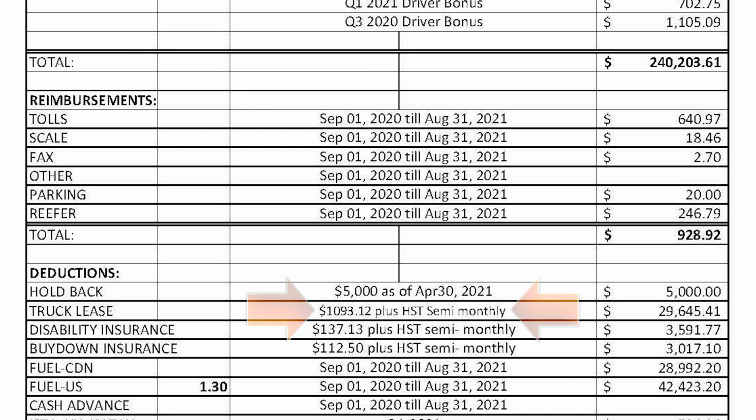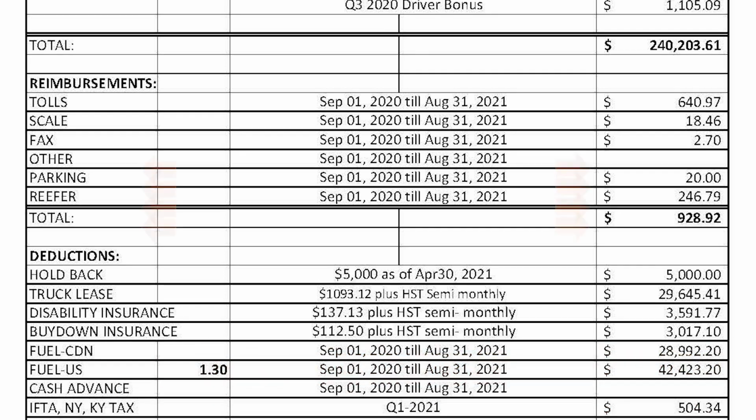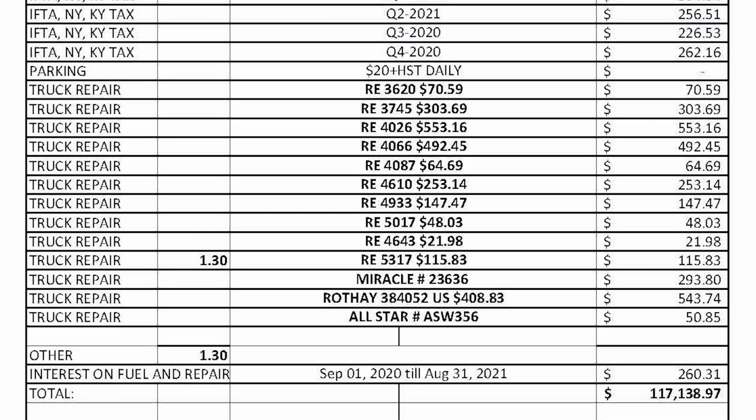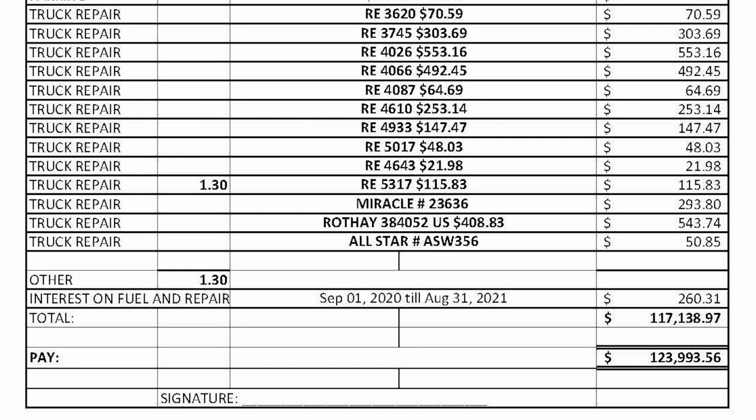So he pays $1,093 every 15 days. Multiply that by 24, you'll get to $29,000. Disability insurance, buy-down insurance, fuel Canadian, fuel US, and then you have your four if the payments, and then you have all of his repairs. So let's get to the bottom line. The bottom line is